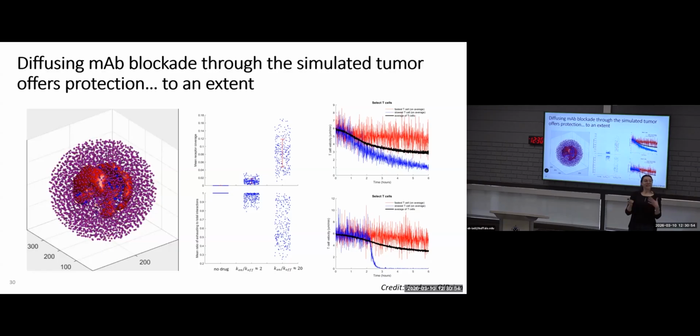So what we suspect is happening is that there are some region-dependent effects in the tumor. When a lot of therapeutic antibodies bind to a T cell, they'll stay bound for maybe those 2 hours. They'll unbind. Maybe by that point, the T cell has migrated to a region where the antibodies, if they haven't necessarily diffused that far into the tumor, it has no new antibodies to pick up. So then it's stuck and it becomes exhausted.